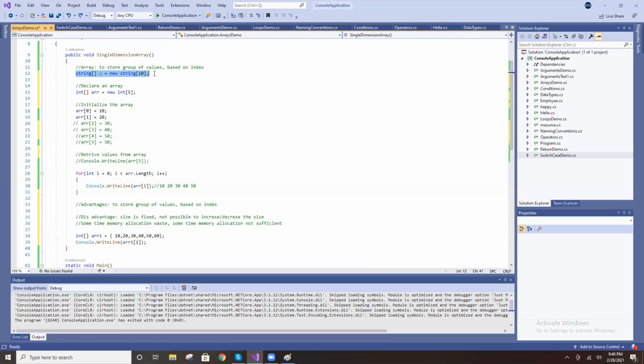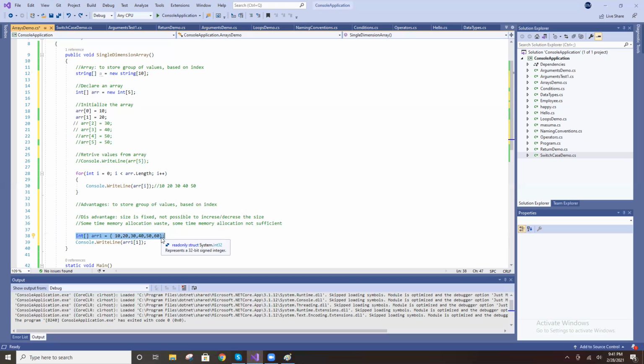Previously, declaration was in one line and initialization in the second line. But here, array declaration and initialization are in one line. This is the syntax for that. So as per your requirement, you can use this one, otherwise you can use the other one also. It's just a different syntax, but everything will work the same way. Only instead of these 2 lines, only 1 line. That's it.